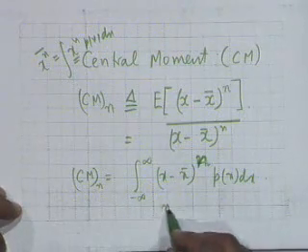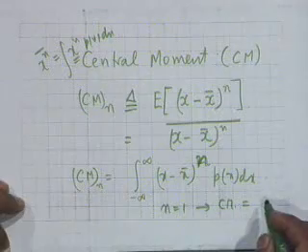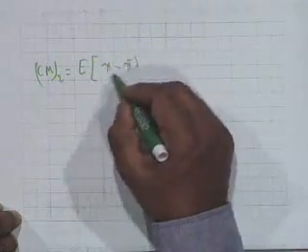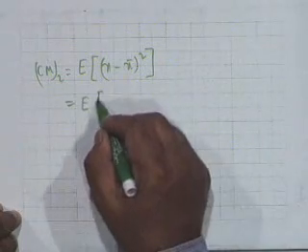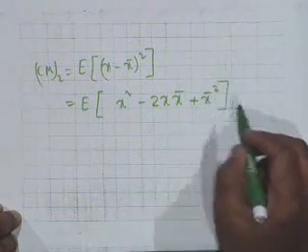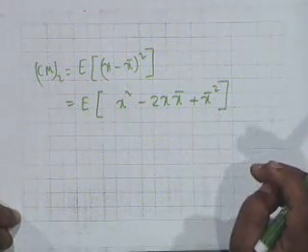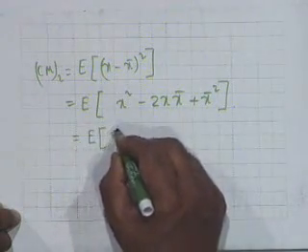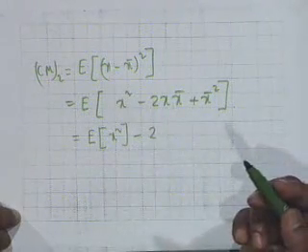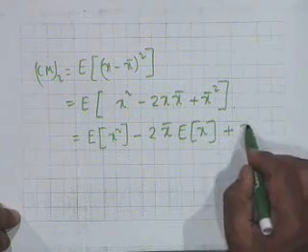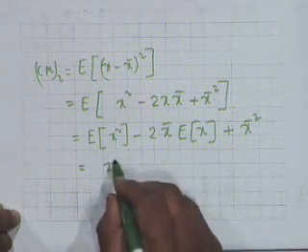Now obviously if n equal to 1, then what is Cm? It is 0. If n equal to 2, that is Cm2, the expected value of (x minus x bar) whole squared, this we can write as x squared minus twice x bar x plus x bar squared. The expectation operator is an integration operator, and therefore expectation is a linear operation, and therefore you can write this as E of x squared minus twice x bar, since x bar is a constant, so its expectation is x bar itself, then expectation of x, plus x bar squared. And you notice that this is x squared bar